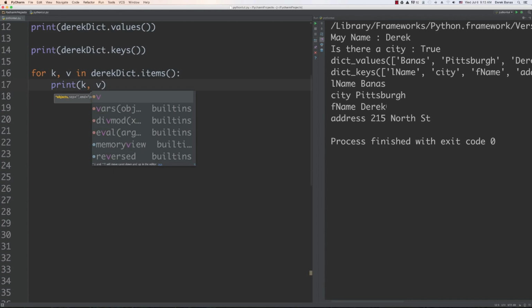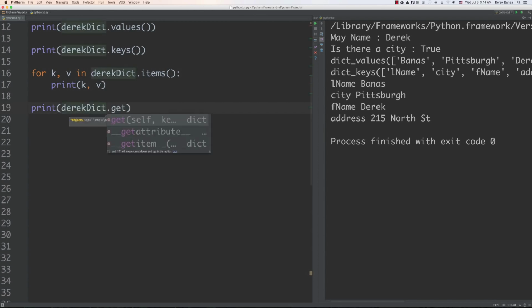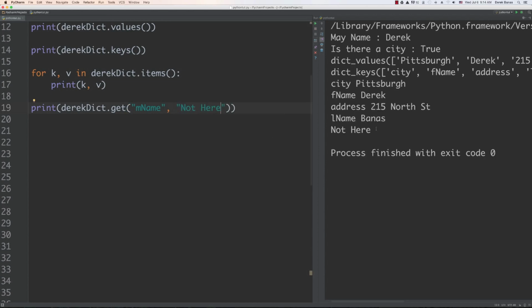And there you can see how they all line up right there. We're also going to be able to get values associated with a key, or if no value is associated with a key, we could throw in a default. So we could do something like, let's just reference our dictionary again, and get is what you're going to do. And then I'm going to say, let's say I'm looking for middle name inside of there. And then if it's not there, I want to print out not here as the default. And you can see right there that not here comes back inside of there. However, if I type in L name and run it, you're going to see that my last name actually comes